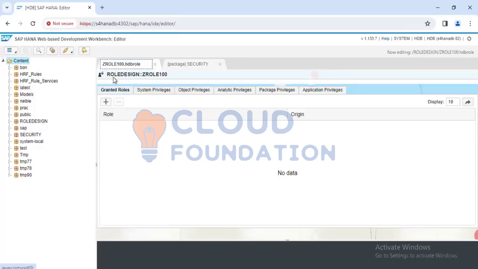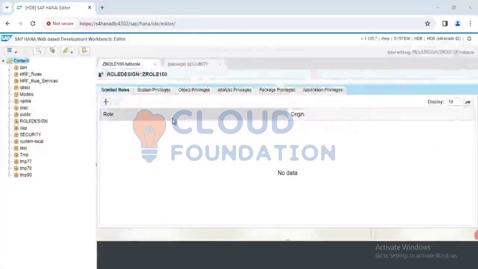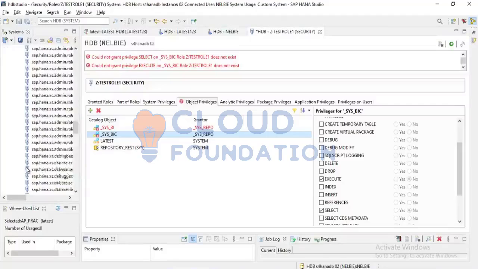So the repository role naming convention will start this way. You will have the package name followed by double colons followed by your role name, which is 0100. Here you'll be able to assign everything which you are doing in your local HANA Studio. The only difference is that whatever roles you create here, we will not be able to import these roles,